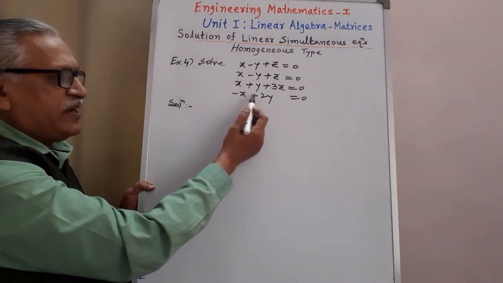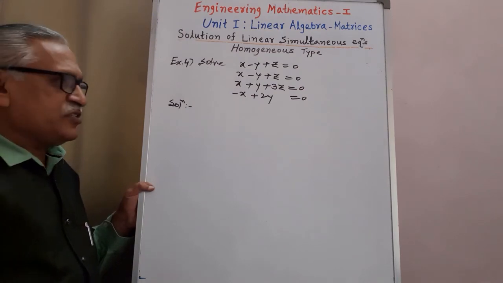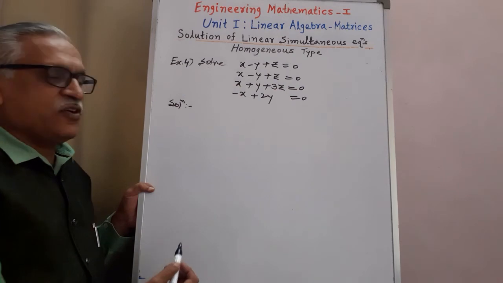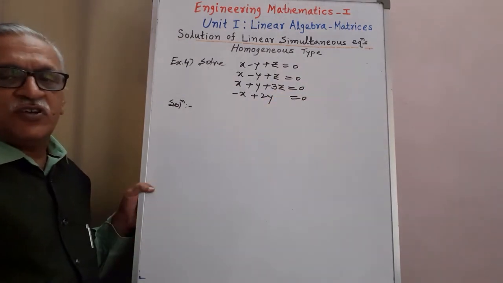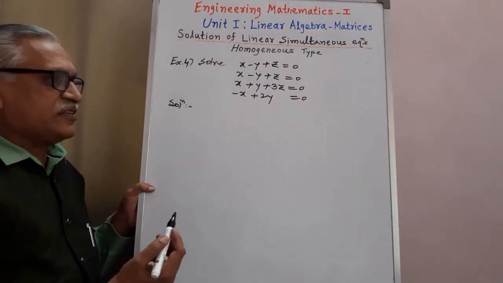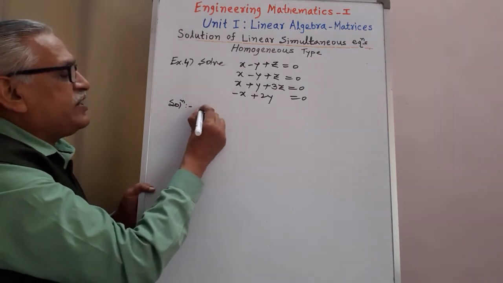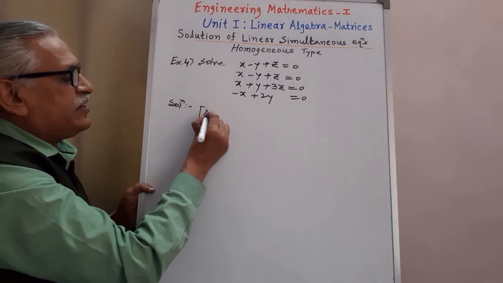And fourth, minus x plus 2y equals 0. Here we have 4 equations and 3 unknowns. All the values on the right hand side are equal to 0. That system of equations is said to be homogeneous type. And therefore we have to obtain the solution